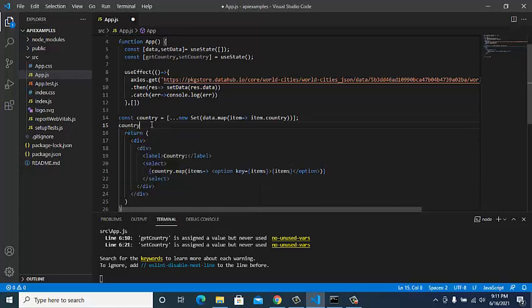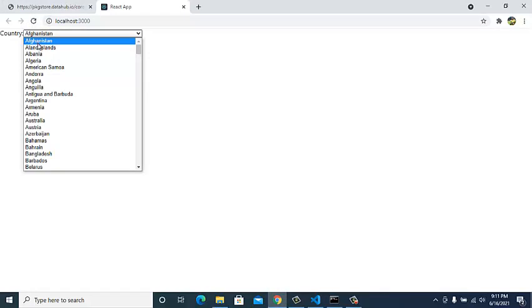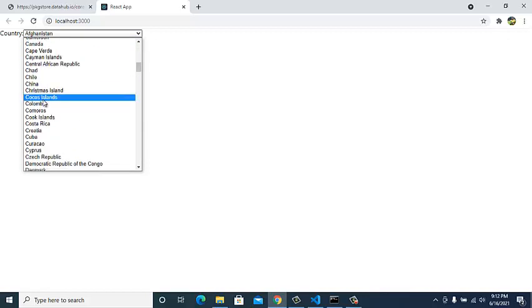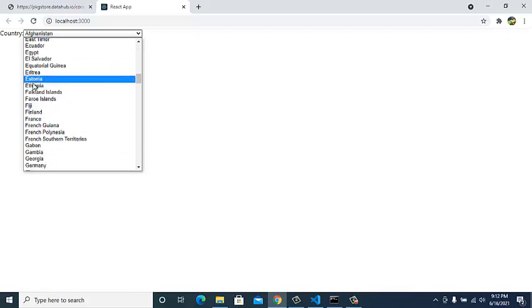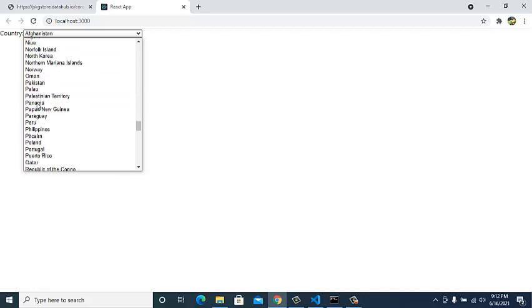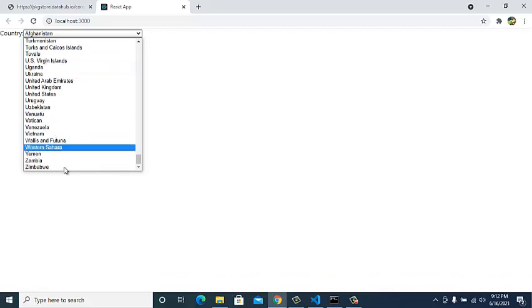So country dot sort will sort the strings in alphabetical order. You can see it over here: Afghanistan, Australia, Bahamas, then C has come, then D, then F, G, H, I, J, K, L. So it's coming in alphabetical order.